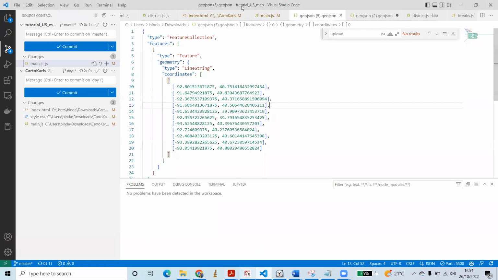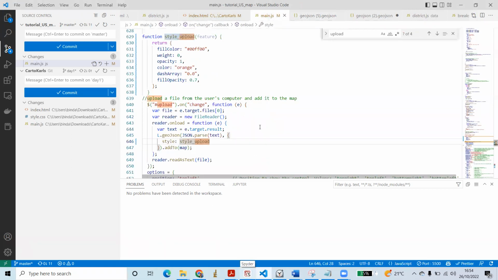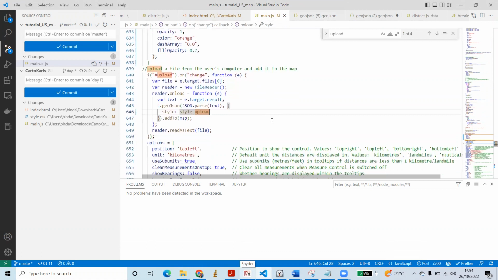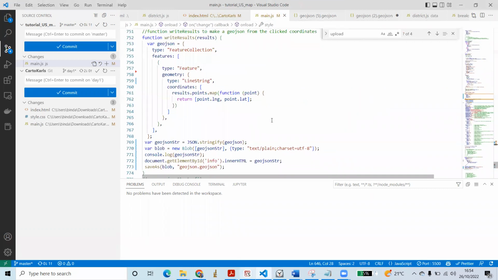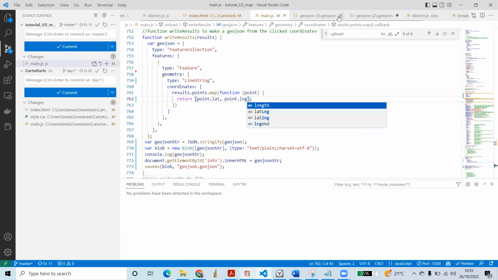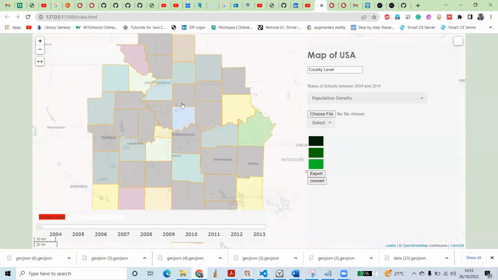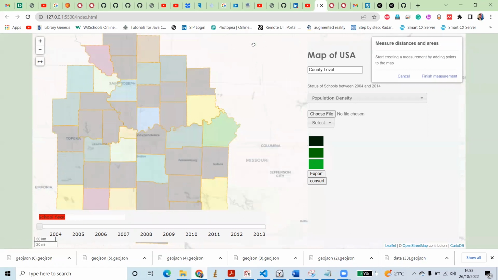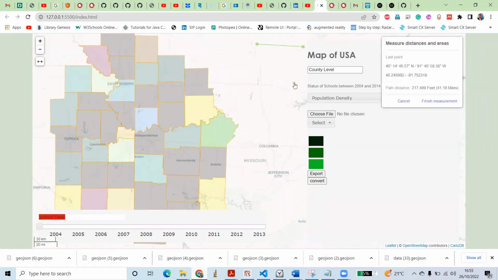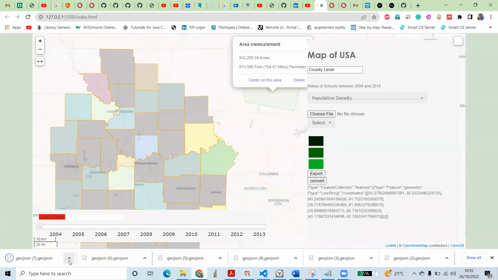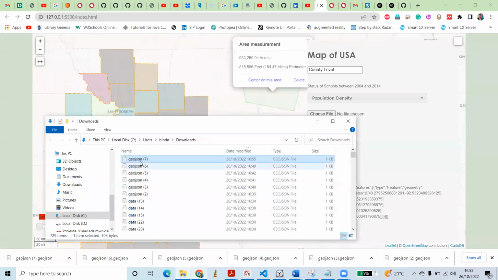by going to main.javascript, and then I should go to that code and I should write it here let and here, okay, here lng. Okay, so maybe now it solves the problem. I will again create a new measurement and finish it, and new GeoJSON file will be saved, and we can see